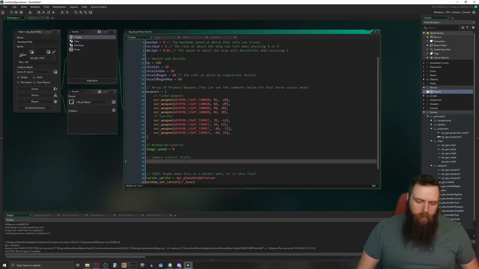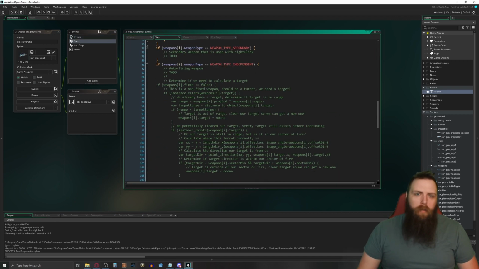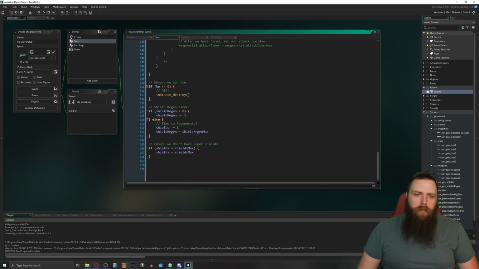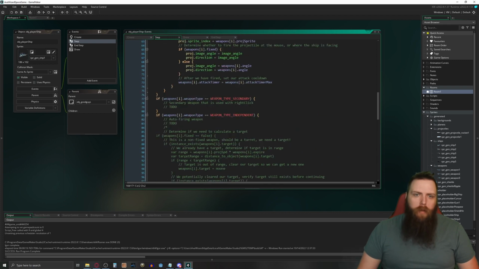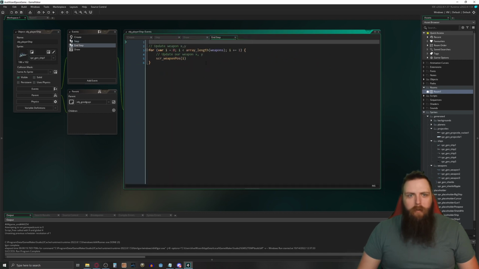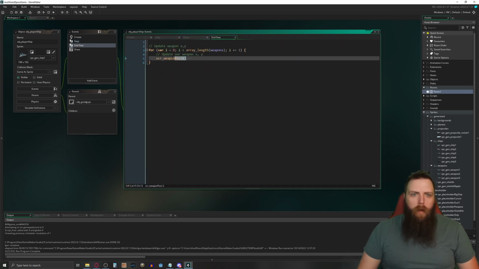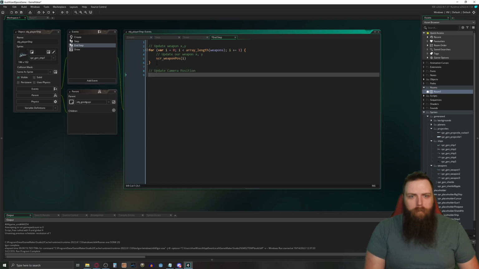Let's throw a to-do on here. And then in my step event, what I want to do is after we determine our movement and stuff, so we might do this in the end step event where we're updating all of our positions. Update camera position as well. And what we can do is that,